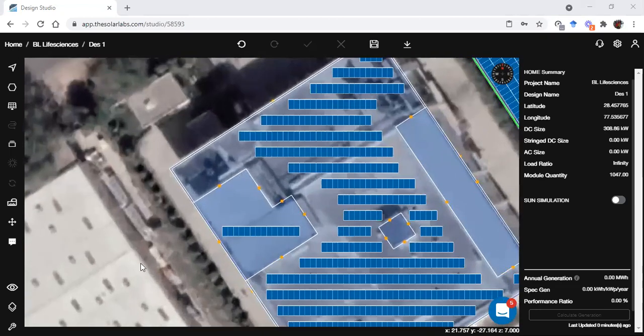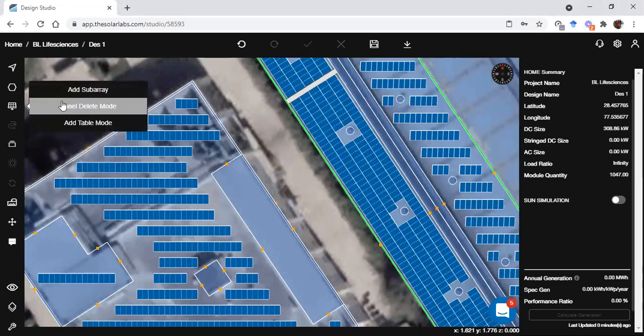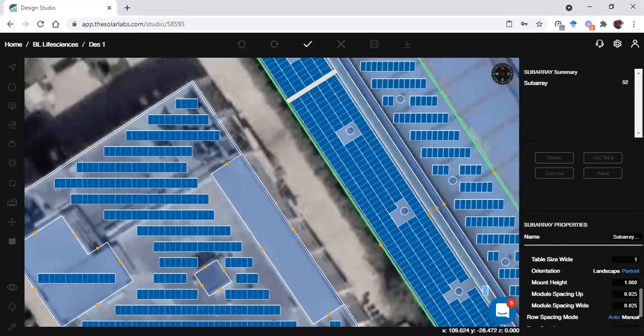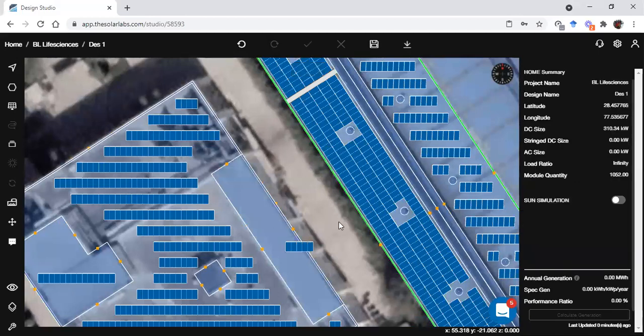So for that, you have to create a table. It will be for a small part only, not for a very big part. Okay. So like this, you can make a hanging table.